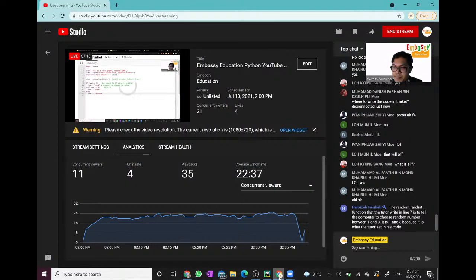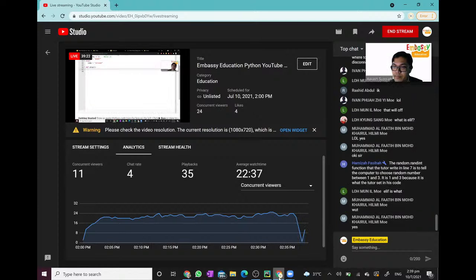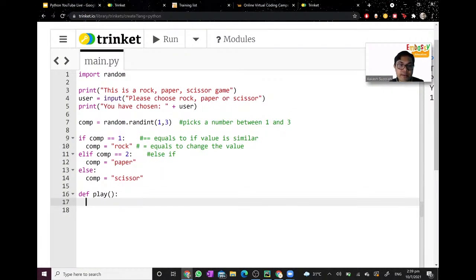Oh yeah, elif is basically else if. Let me write it here: elif. It means else if, so it's like if, else if. If com equals 1, do this. Else, that means if it's not 1 but it's 2, do this. So we have three words we can use for the if conditional statements: if, else if, and else.